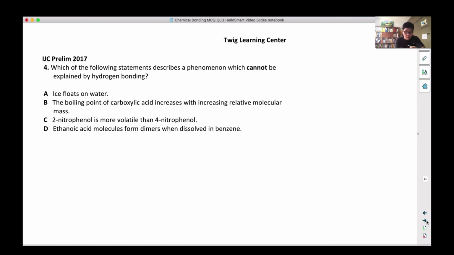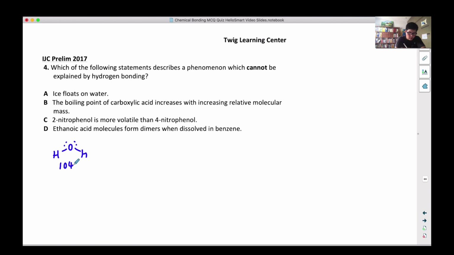Okay, which of the following statements describe a phenomenon which cannot be explained by hydrogen bonding? Ice floats on water. Can that be explained by hydrogen bonding? If you look at water, water actually has 2 bond pairs and 2 lone pairs, and the